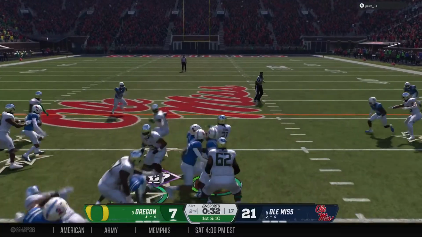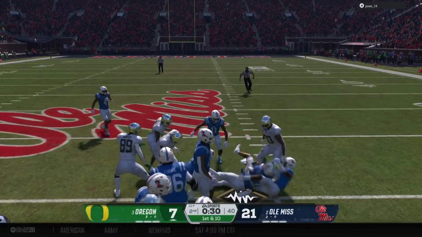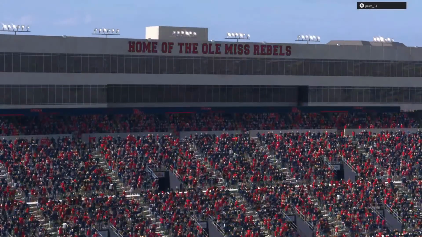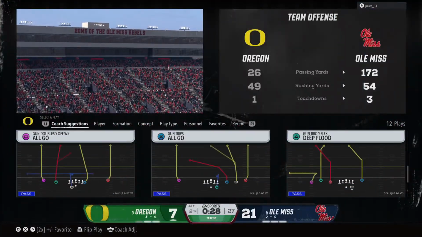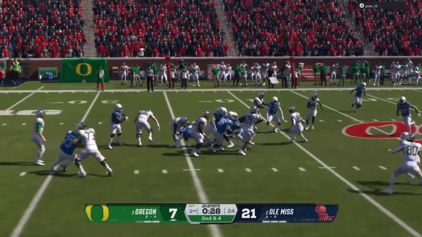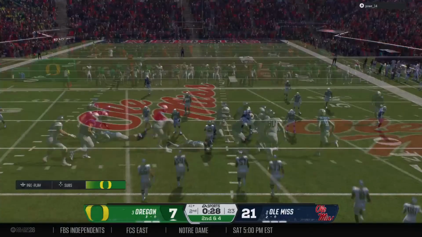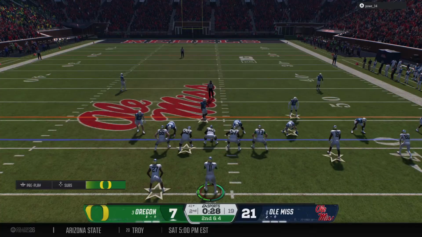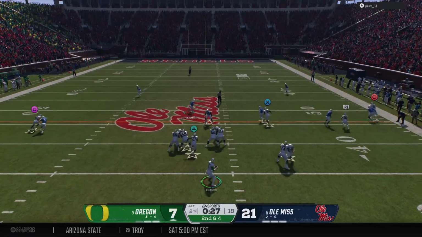Ball handed off. Fights through the tackler. That one moves the ball across the 40. Timeout is called to talk strategy late in this close game with halftime approaching. I'll take that every single time. Offensive line does a nice job up front. This back's vision and ability to get positive yards by lowering his pads on full display right there.